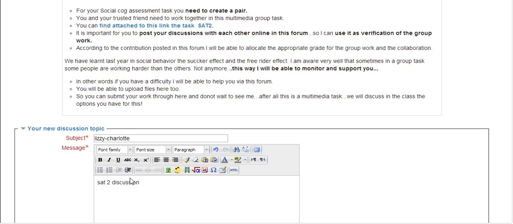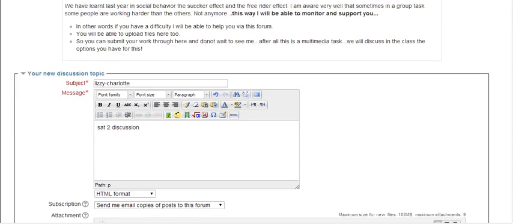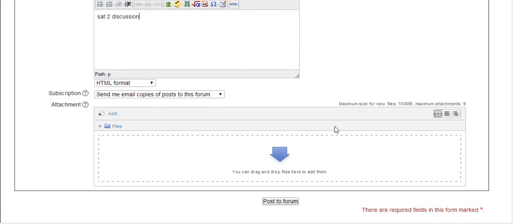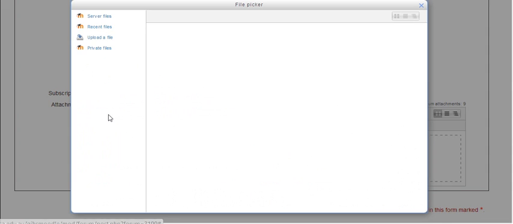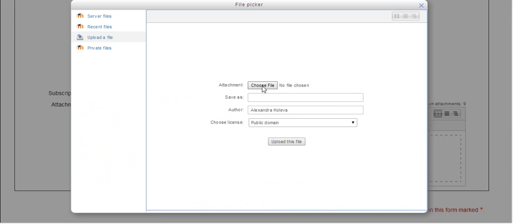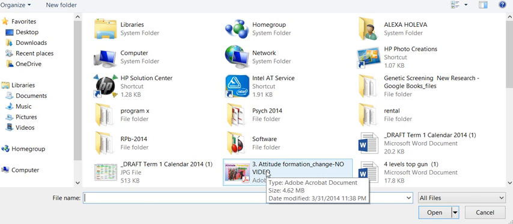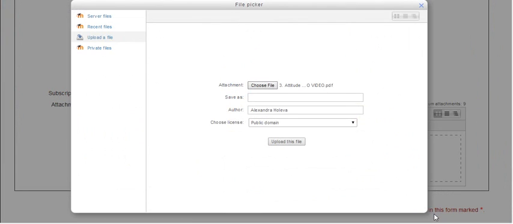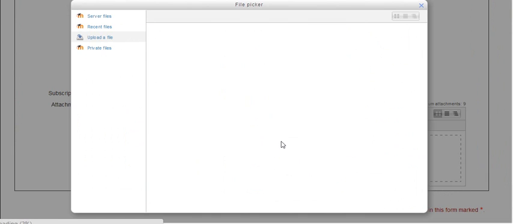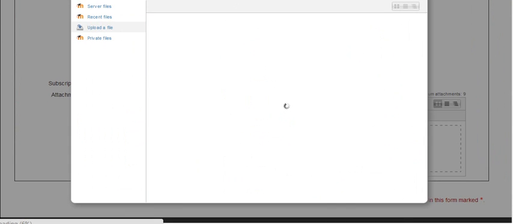This is your log. You need to keep a log of discussion as proof that it is common work. You can go here, add a topic or a file. You can choose a file from anywhere. For example, I want you to choose this file, and you put it there, open it, and you submit it, upload it, and I will be able to receive it. That's a big file, I'm sorry. Or you can drag it and put it there, but the idea is that I will be able to see the file attached